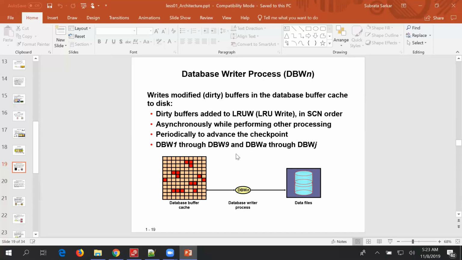DBW1 through DBWn, and DBWa through DBWj. So there can be multiple DBW processes, but the purpose of DBW is to write the dirty database buffers to the data files.